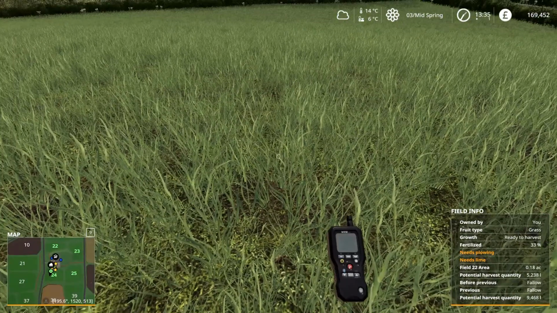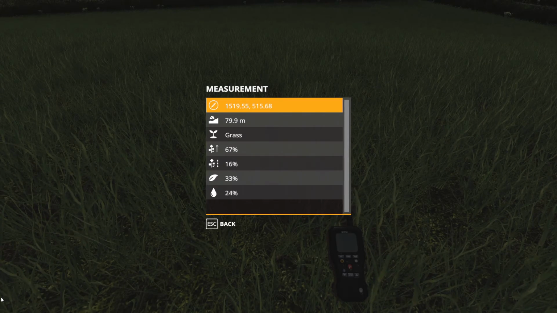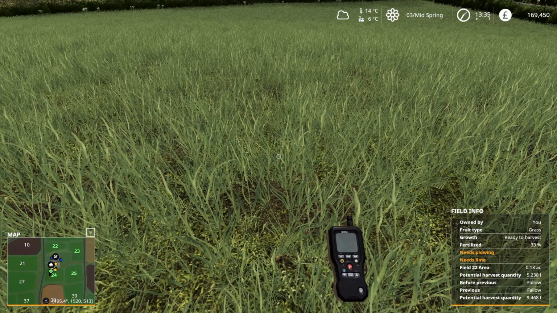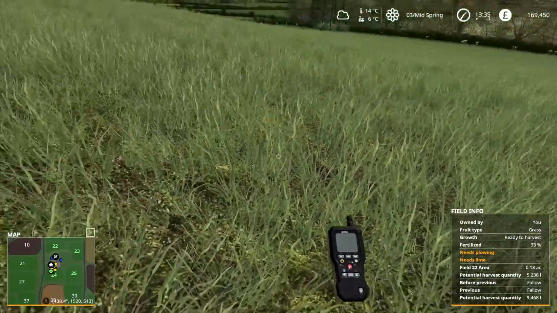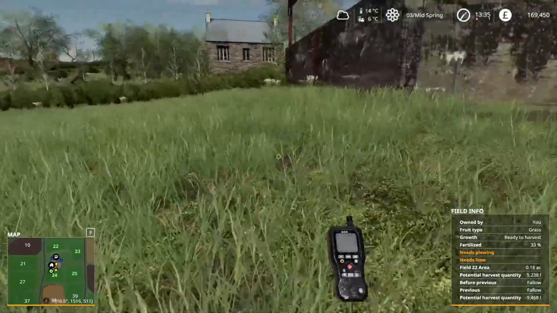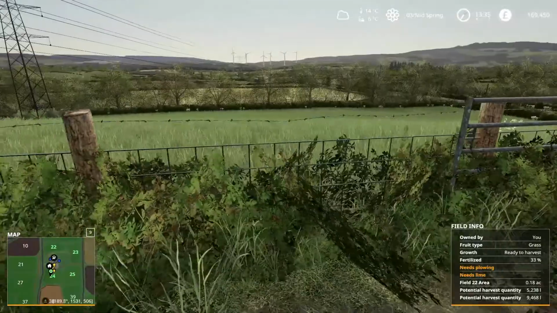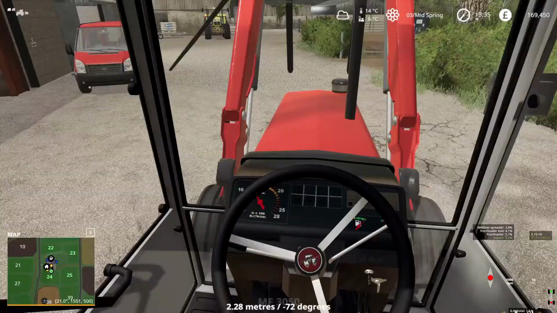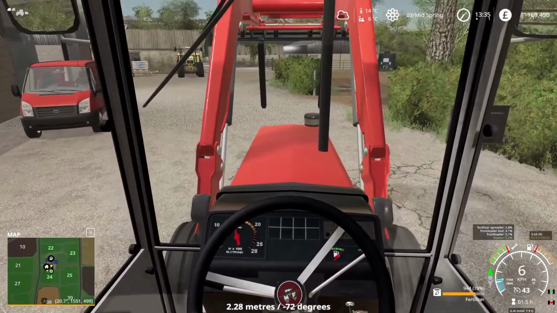And at the moment, Seasons is telling me it's only 67% grown, which means we should be able to put another layer of fertilizer on it. FS is telling me that it is, what is it, growth, ready to harvest. And for some reason, it is not allowing me to throw fertilizer down, so it looks like no extra stages of fertilizer for our first cut of grass, but hopefully after our next cut, then it might be alright. So what I'm going to have to do is throw this baby back, and then we need to,